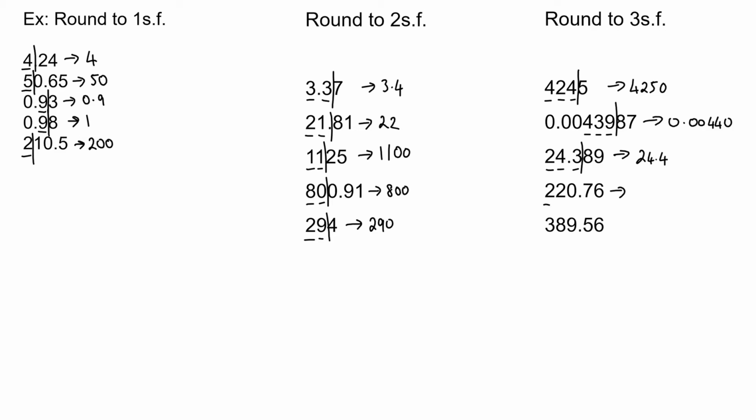Next one, 1, 2, 3, cut-off point, and here it's a 7 after the cut-off point, so it's going to round up, so it's going to go to 221. Okay, and again, that's just saying, is it closer to 220 or is it closer to 221? It's closer to 221. Okay, 389.56, so 1, 2, 3, cut-off point, round up for the 5, and that would